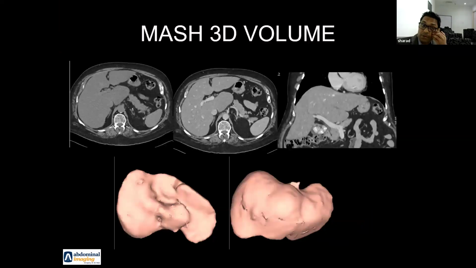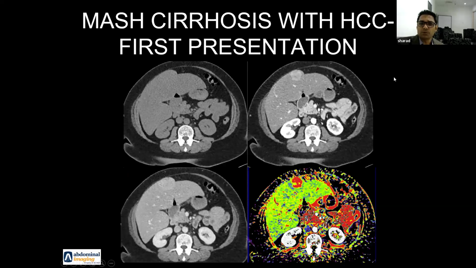Here is another example of an abnormal looking liver. This patient also came for the first time for cross-sectional imaging, and with the fatty liver, he presented with a hypervascular lesion. There was a concern for HCC, obviously, but this turned out to be adenoma. But adenomas are known to happen in fatty liver, and they are pre-malignant.